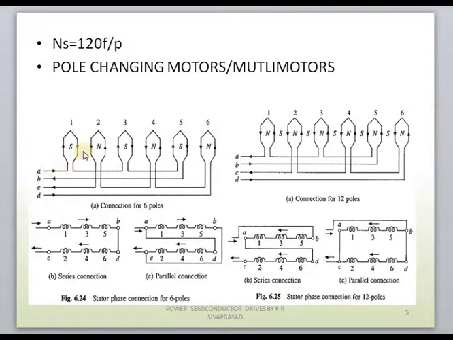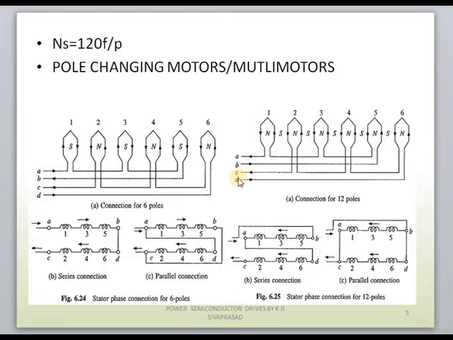In the previous diagram, coils 1, 3 and 5 were connected between the terminals A and B. Now we are considering the same coils 1, 3 and 5, but the coils are acting as north poles here because the direction of flow of current is opposite. In the previous case, the current starts from A and reaches B, but in this case, current starts from B and reaches coil 5, then coil 3, then coil 1, and ends at terminal A. That's why the polarity is changed. The coils will act as north poles here.